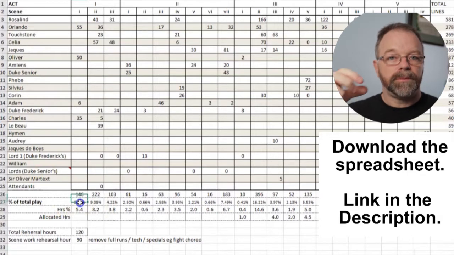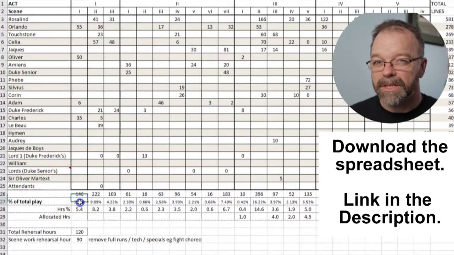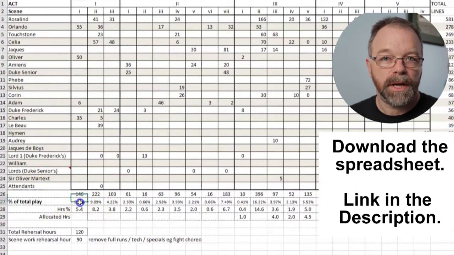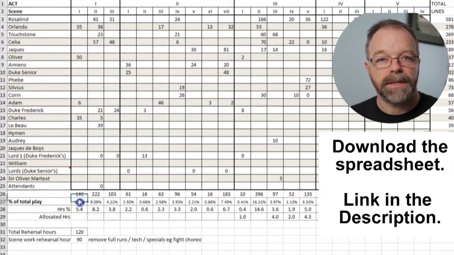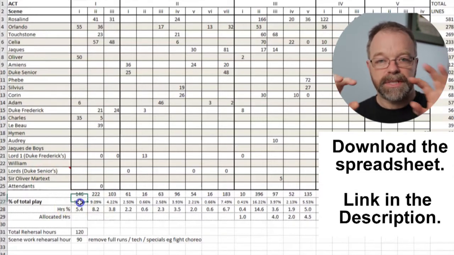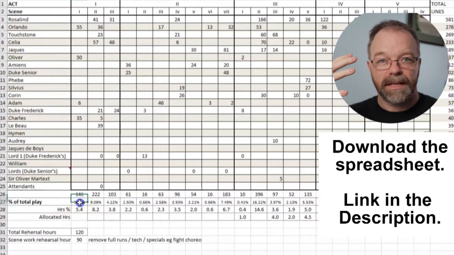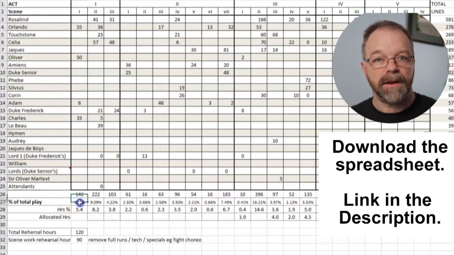So we do block 1, we do a stumble through. We'll do block 2 where we touch every scene again, potentially, and then another stumble through. So then, 2/3 of the way through, sometimes 3/4 of the way through your rehearsal process, you've already run the show from beginning to end twice, and you're starting to see the development of that show come together. That is just satisfying for you as a director. It helps your actors get another sense of where the show is growing and developing to, because there will be scenes they haven't seen, and it just helps everybody see what we're building, and that's really crucial.